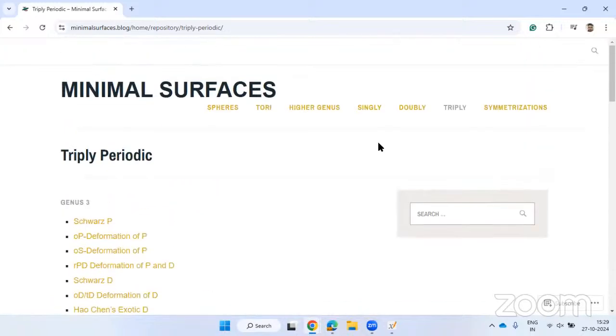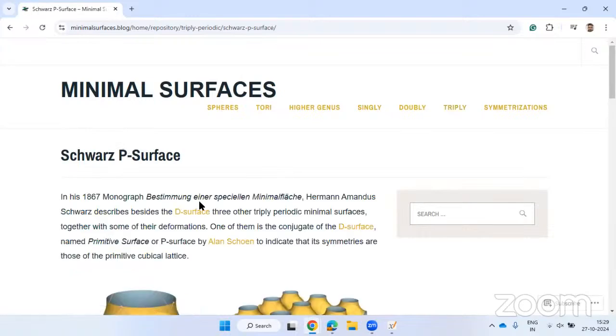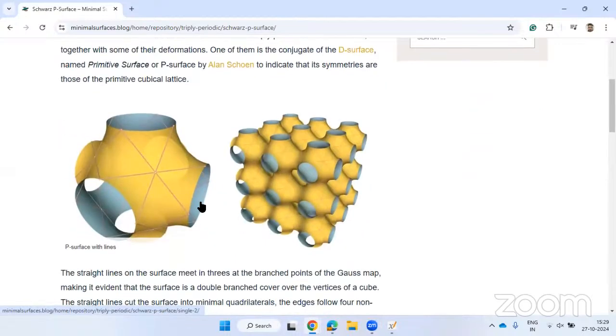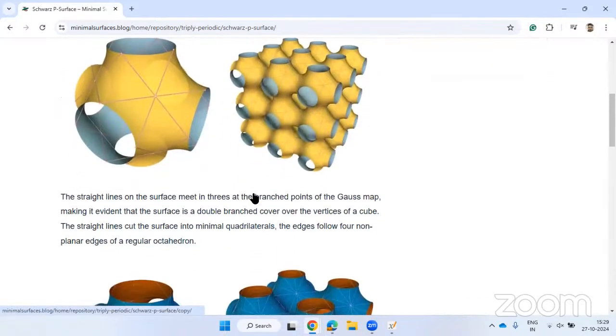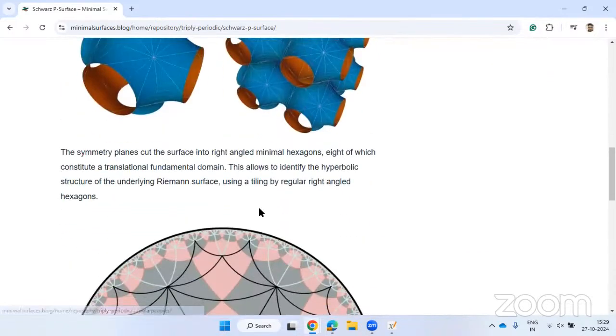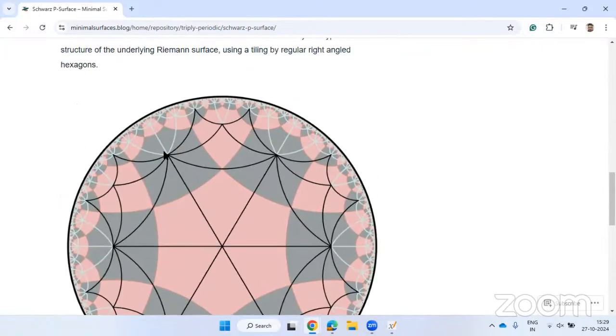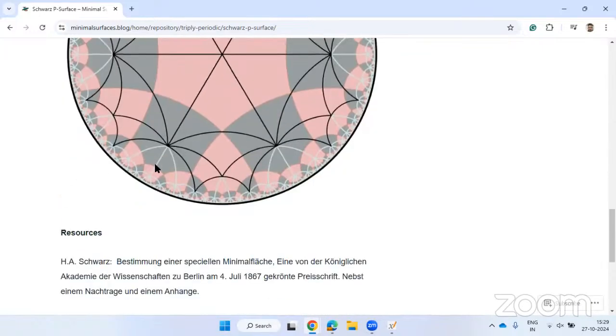So this website has created a lot of pictures. He has put a lot of effort. Look at this picture. This is called the Schwarz P surface. The existence is given by Meeks. And then you can see the hyperbolic, and anyway, we could not touch that complex analysis and Riemann surface